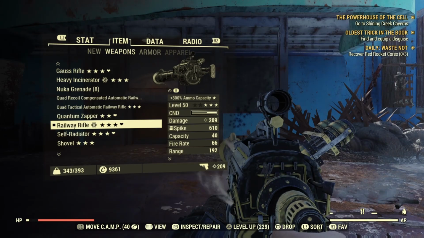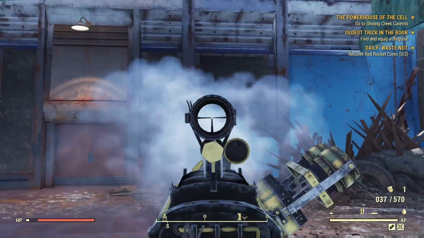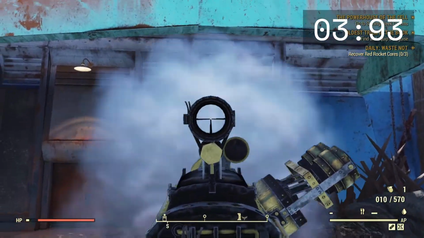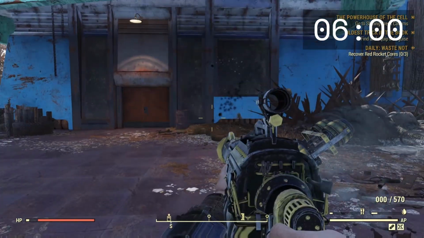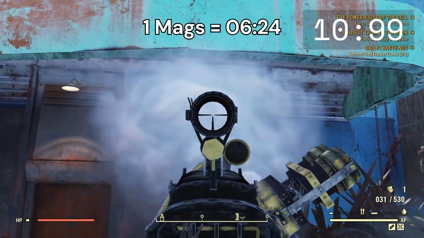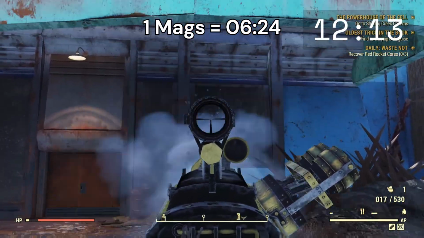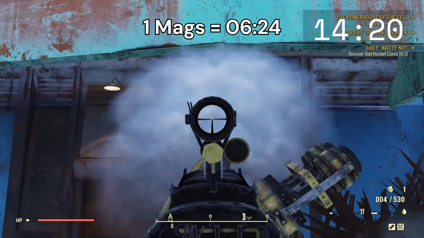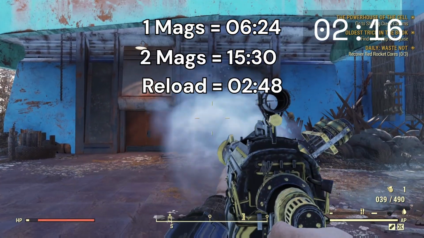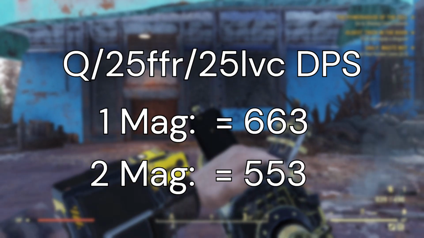So to compare the rails, I decided to do a test of 1 magazine versus 2 magazines, how long it took to shoot off those magazines, and the total damage from each magazine itself to calculate the total DPS. To begin, I'm using the Quad 2525 railway rifle, otherwise known as the Quad 25 faster fire rate, 25 less VATS cost. Shooting off 2 magazines, the DPS for 1 mag with the Quad 2525 is 663,